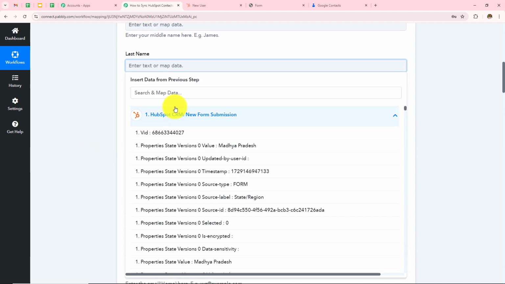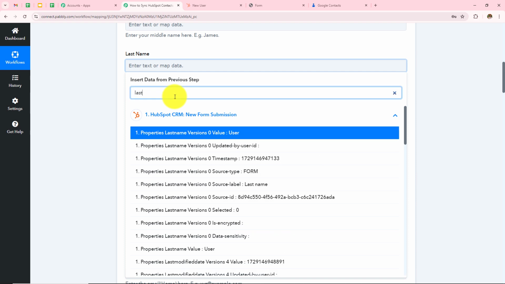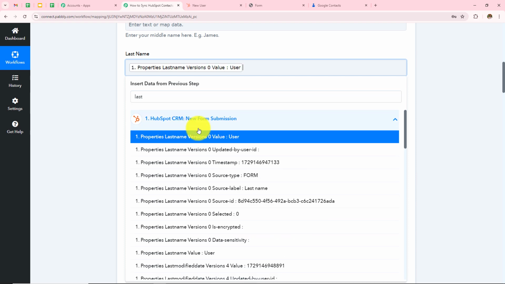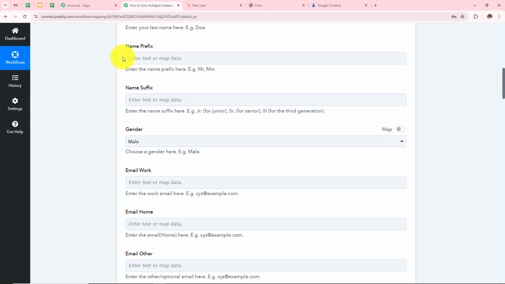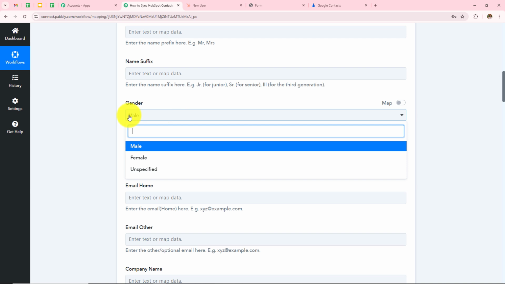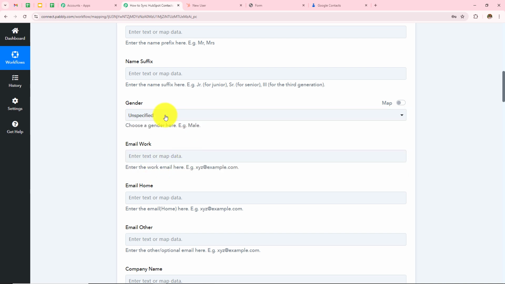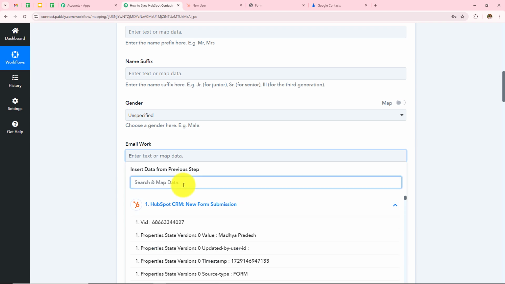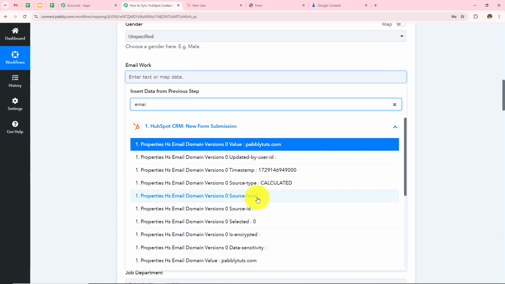and then I don't have the middle name, so I'll skip this, and then I have to enter the last name. So I will follow the same process and enter the last name as user. Then I am going to skip the name prefix and the suffix, and then I do not want to select any gender. So I am going to select this as unspecified, and then in the email I am going to follow the same process and enter my email address as